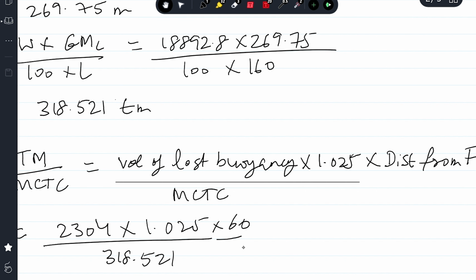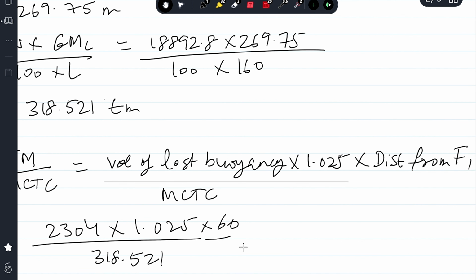This is the weight of the water which has entered the hold. And a tipping moment is always multiplied by the distance from the center of rotation. So distance from F1